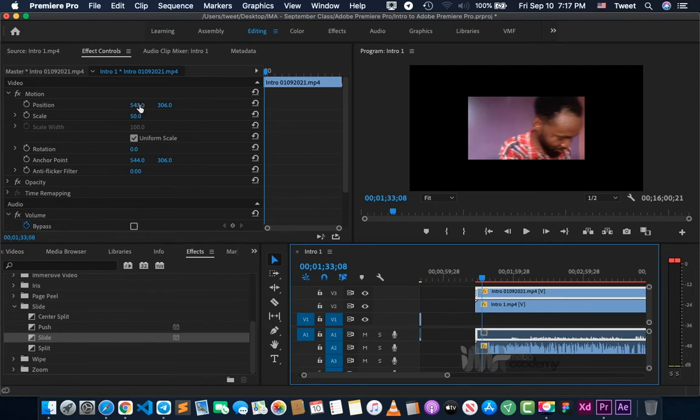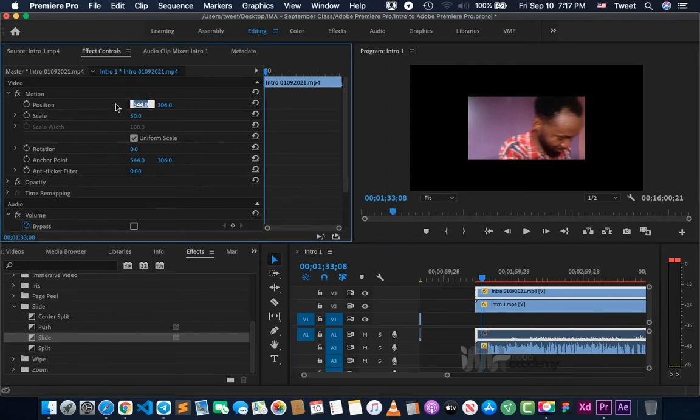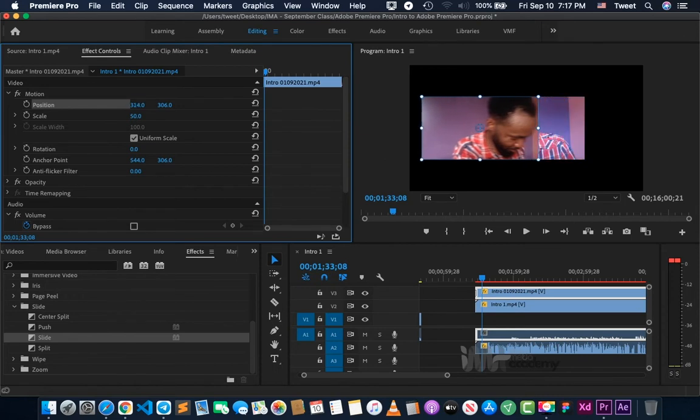What you can do in this case is, if you already know the value you want to use for your position x-axis, then click and enter the value that you want to use. But if you don't already know, click on the value for the x-axis, then drag to the left. Once you get to the end of the screen, just like this,